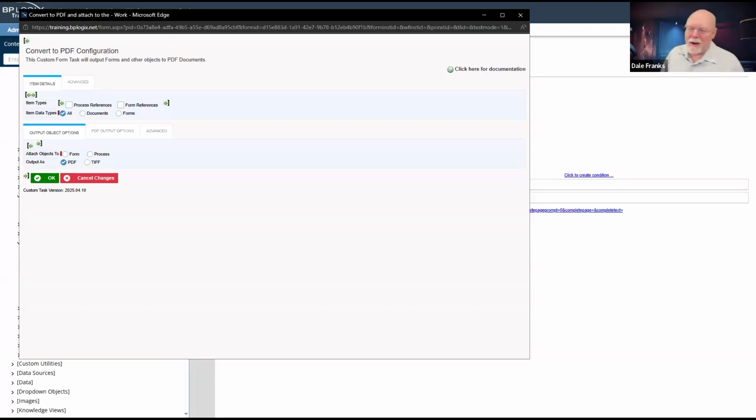So what that means is, from a user perspective, if I have a convert to PDF happening on a form event, the user is locked out of doing anything while that event is running, because that convert to PDF custom task is now going to take 5, 10, 15, 20, 30 seconds because you have 500 documents that you want to convert.